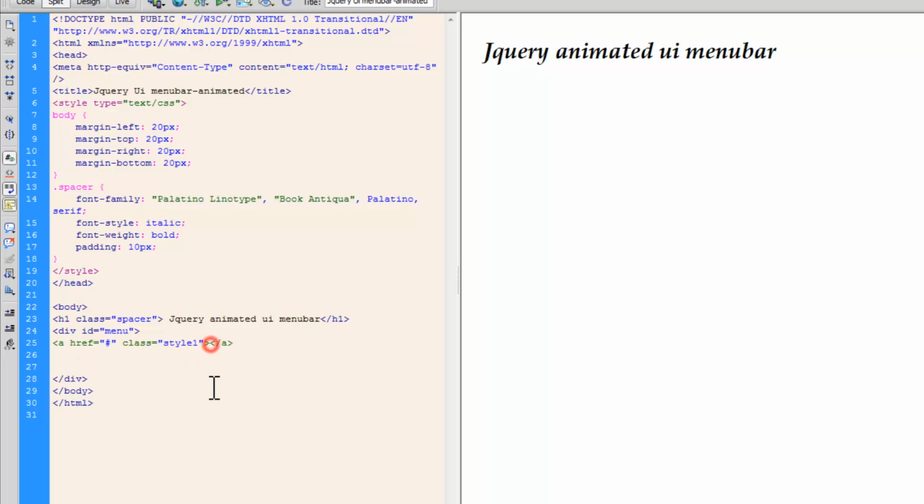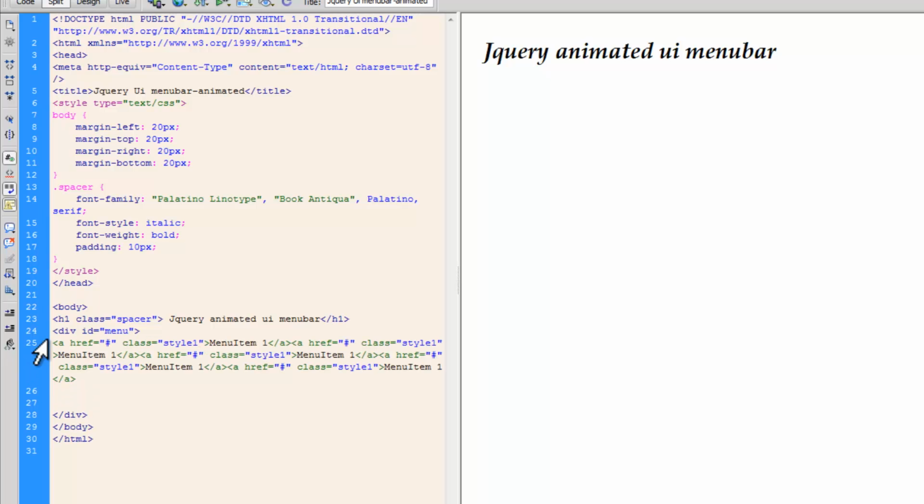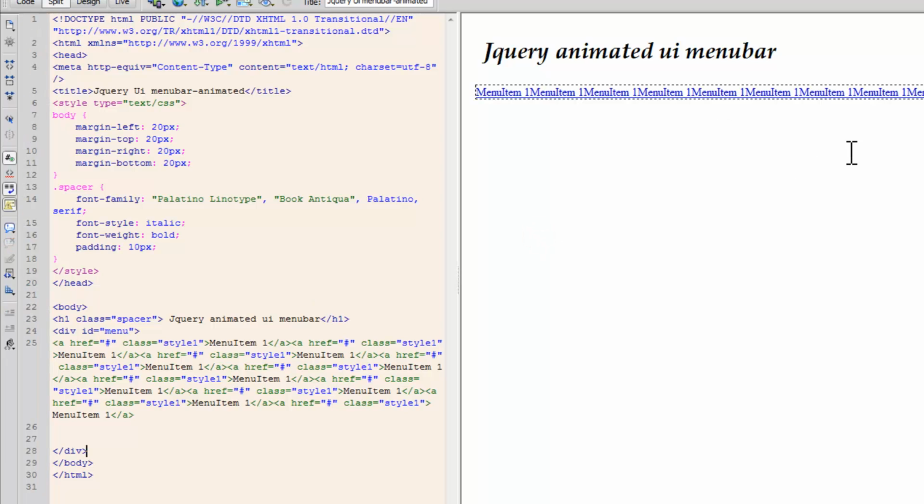And in between out here let me say menu item 1. Right, I'm going to catch hold of this and I'm going to copy this. I'm going to paste it several times next to each other like this. All right,